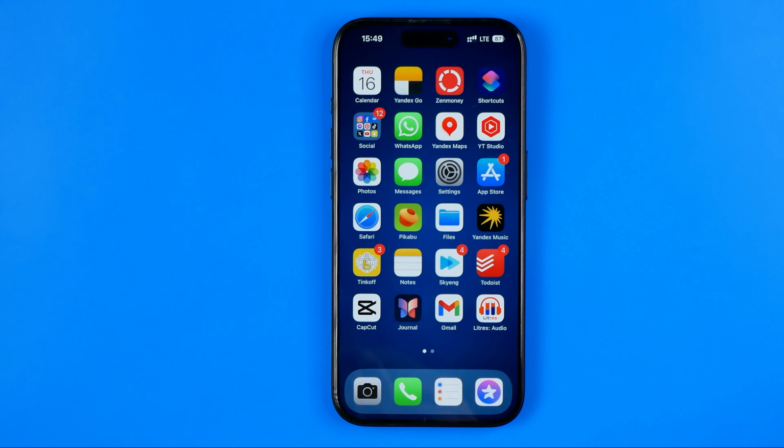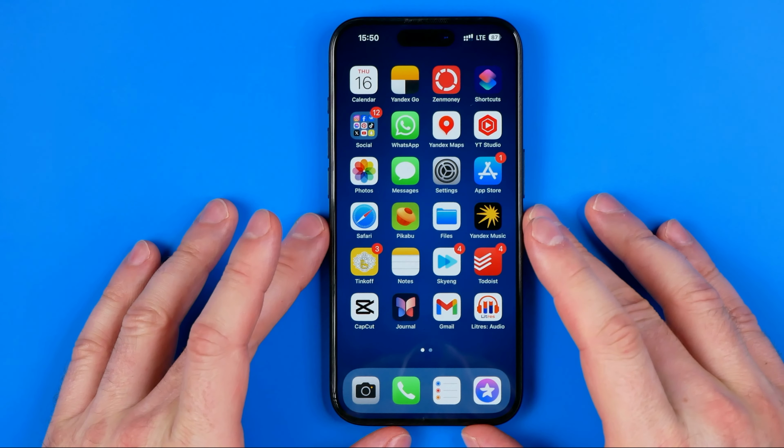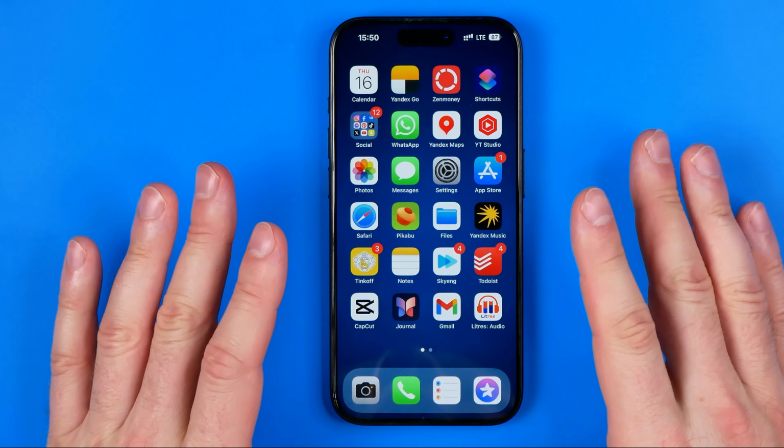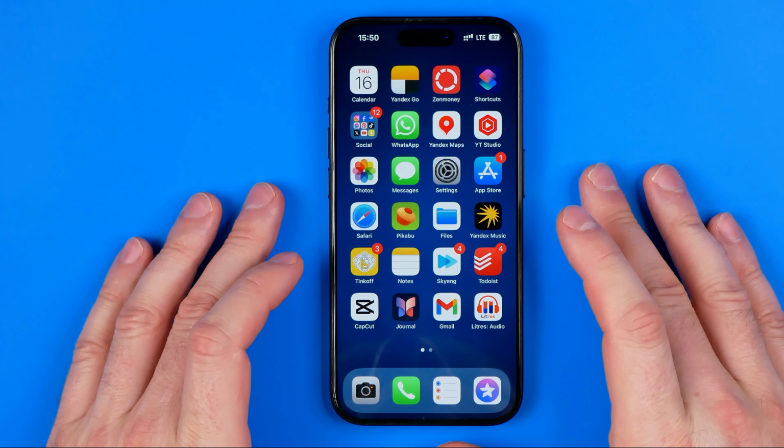In this video, I'm going to show you how you can easily turn off read receipts on your iPhone. Be sure to watch the video to the very end so you don't make any mistakes. Let's get started, guys, and if you don't want people to see that you have read their messages, this can